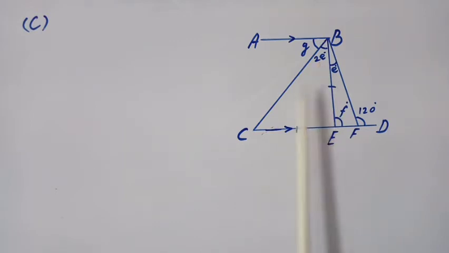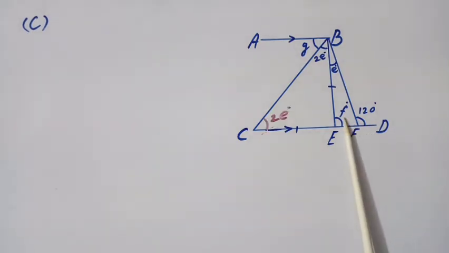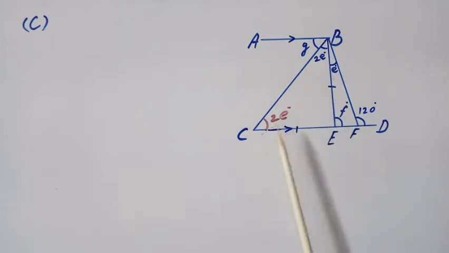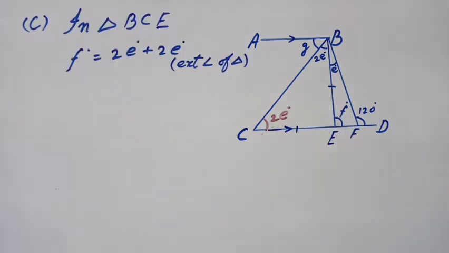So the opposite angles should also be equal to one another. This way I am justified to say that F is equal to 2E plus 2E, right? So F is equal to 4E. I name this relationship as equation number 1. Now we consider the triangle